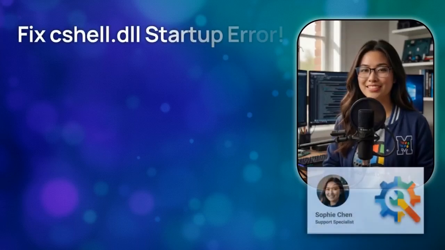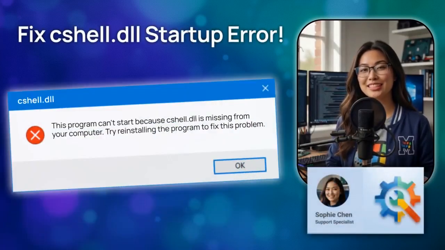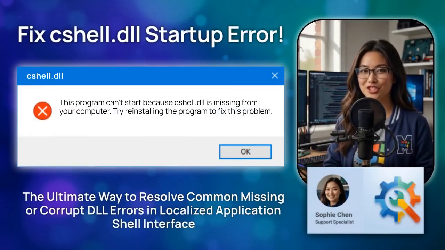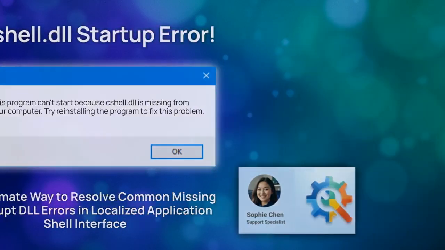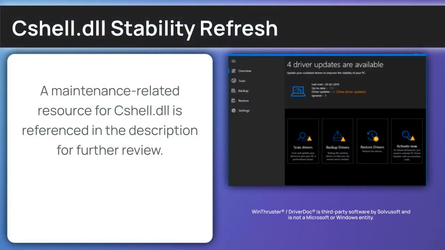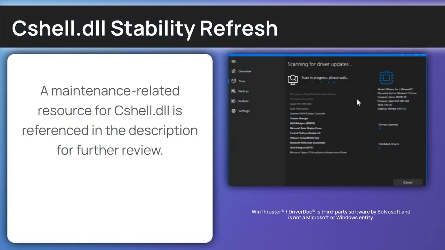Are you being annoyed by the Cshell Library DLL error causing system instability? I'm Sophie Chen, a senior Windows support engineer, and I'll walk you through the diagnostic steps to fix your execution path. Before we get started with Cshell Library, you may want to try the diagnostic path below to ensure your